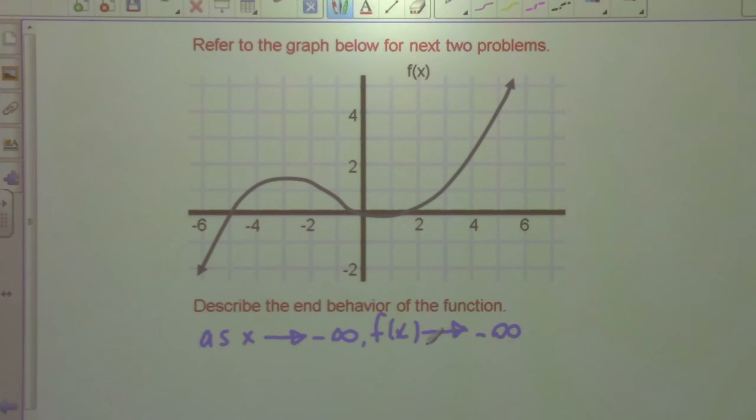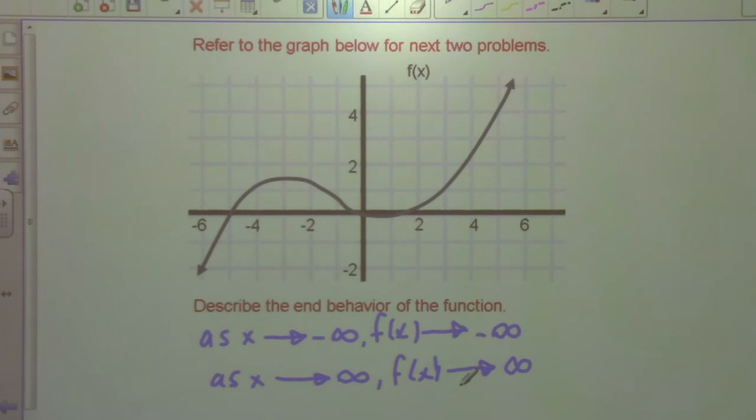Okay, this is what Jay is saying. Is Jay right about this? Yeah. Okay, and someone else: as x approaches infinity, f of x approaches infinity. So what we have is, I don't know if we got into this yet,